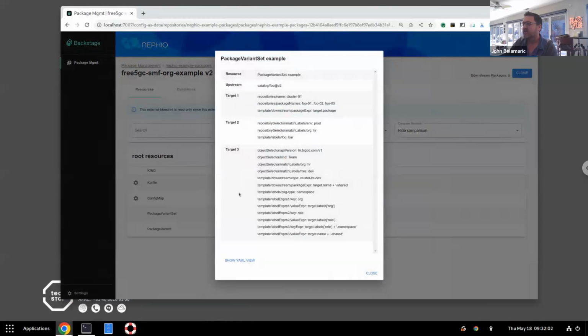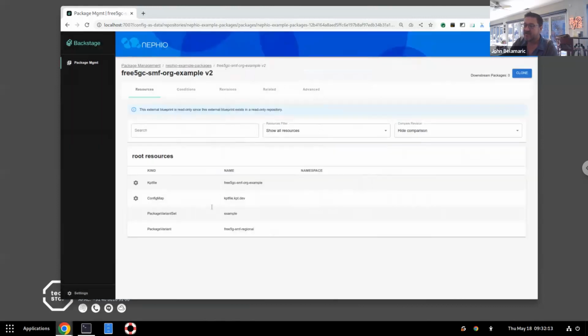Yeah, so like target 1, target 2. So this is a viewer in package resource. So I'm looking at a particular package, and I can look at that resource. Now the thing is, when I apply this package to the management cluster, I can do that, and I end